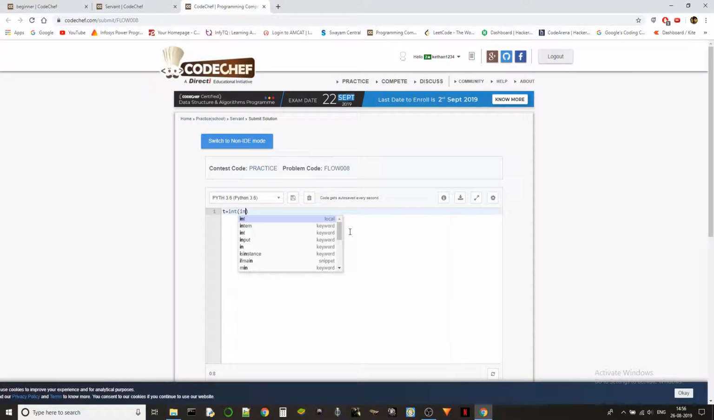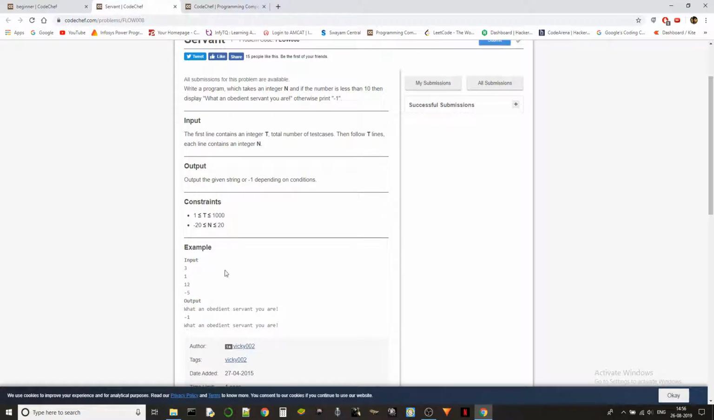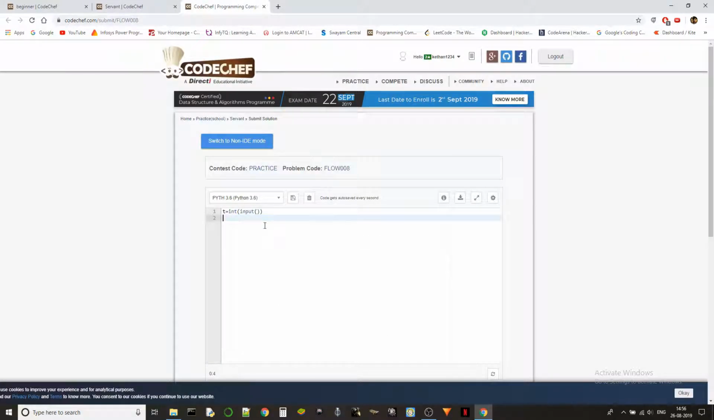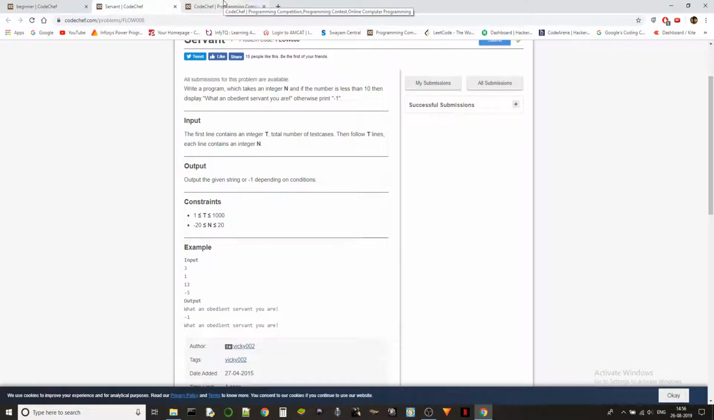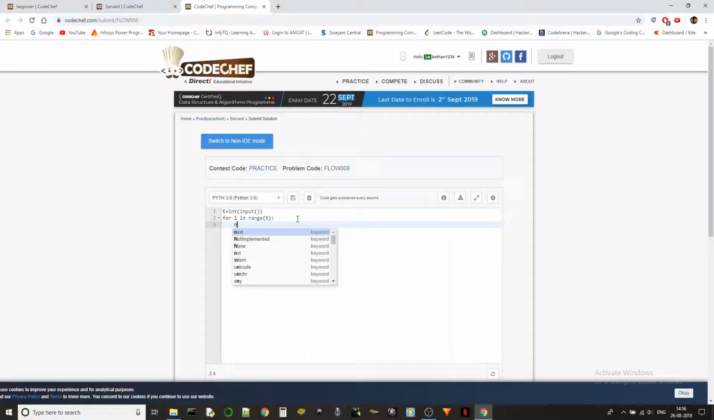So let's take int of input so that we'll get the input. Input returns a string, so we are converting the string into integer, right? 3 is actually taken as string, but we have to convert it into integer, so we are using the int function. Then for i in range of t, n equals int of input again, and then if n is greater than 10,